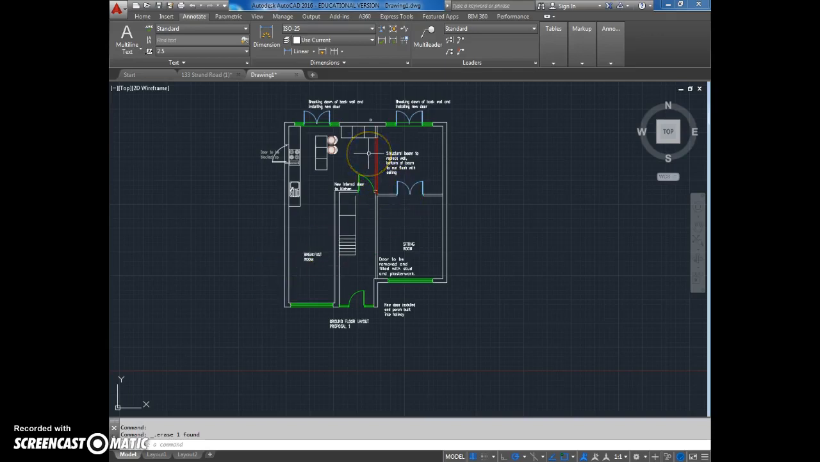Okay, so in this tutorial, what we're going to look at is creating a dimension style. And the dimension style will be set for that particular drawing. So you're creating a dimension style for a particular drawing and for a particular dimension. So if you can imagine